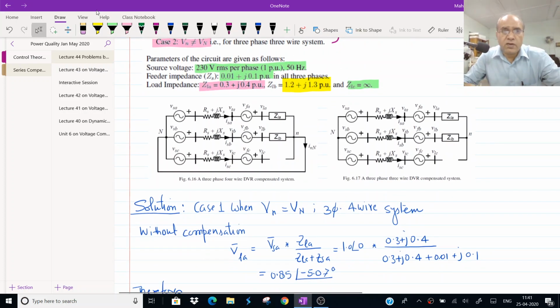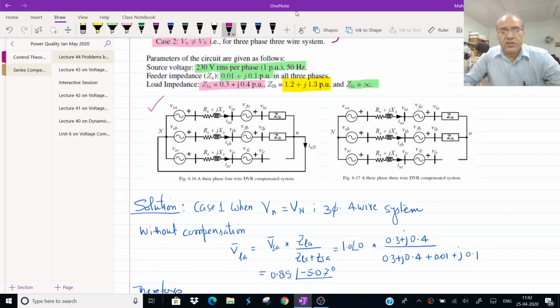We are taking this problem first. Solving a three-phase system basically means solving each phase separately, and particularly in the three-phase four-wire system, each phase is independent through the neutral, hence we solve the problem phase-wise. Whatever we did for the single phase system, we will do the same for the three-phase system, and solve each phase DVR voltage separately. Clear? Alright, let us start with case 1.